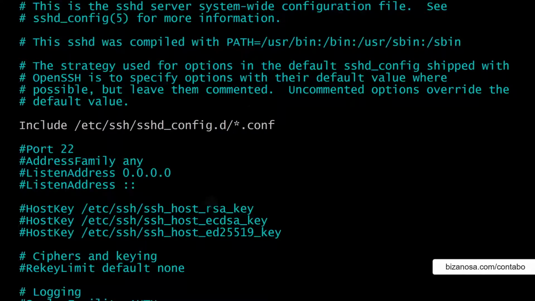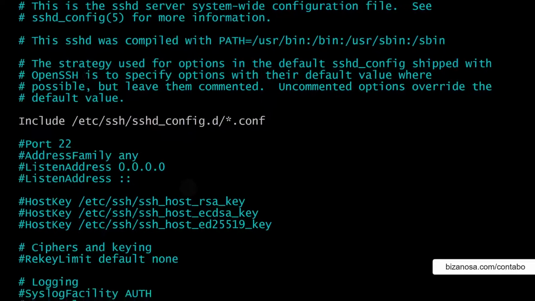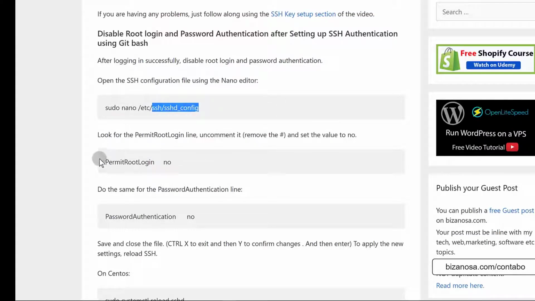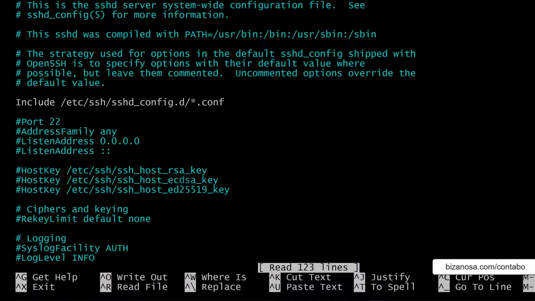Okay, now we are here on the SSH file. What I need to do is change two things here. First of all, I need to change permit root login to no, and I need to change password authentication also to no. So let me go and search for them. I'm using Nano. So with Nano, I can just copy this and then search for it. If you want to search for anything on Nano, just press Ctrl W,